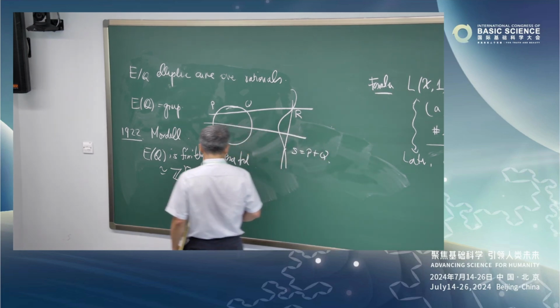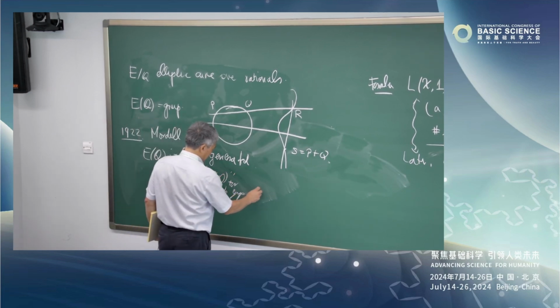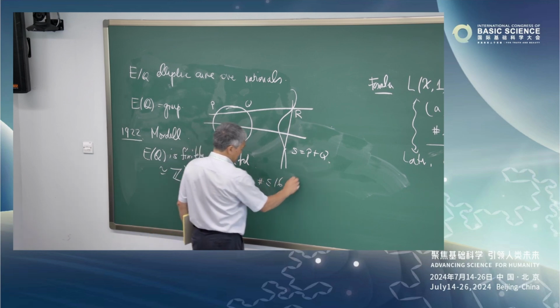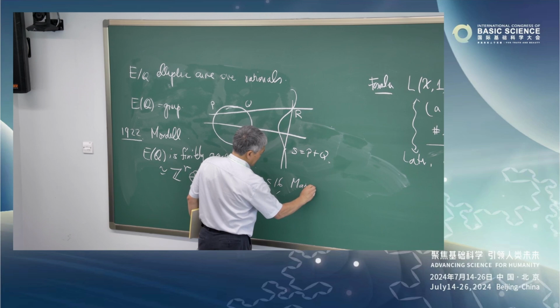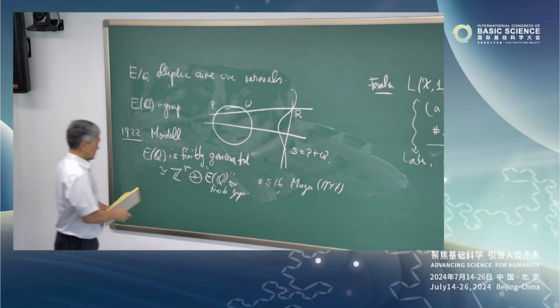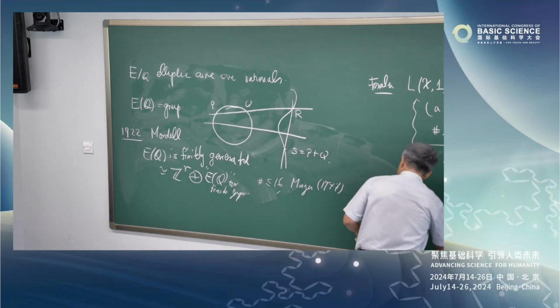And for the torsion part of this group, this thing is not very big. The cardinality is less than or equal to 16, I believe, a theorem of Mazur in 1977. It's not easy. So the difficult problem is trying to understand